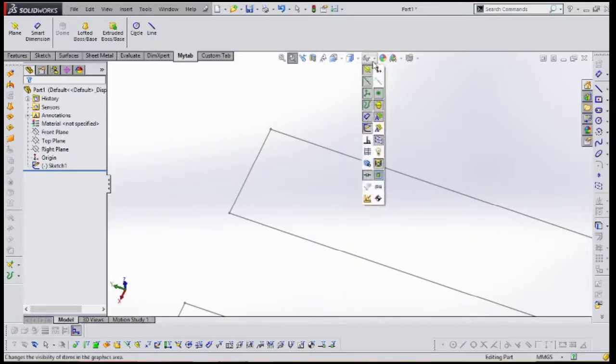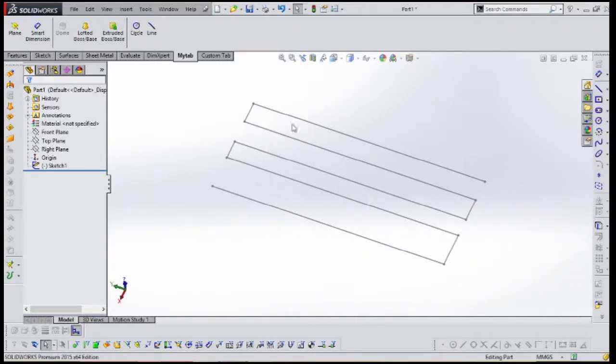And this goggle symbol is very important. If you want to see some relations between geometries, for example, if you observe, these two lines are perpendicular.